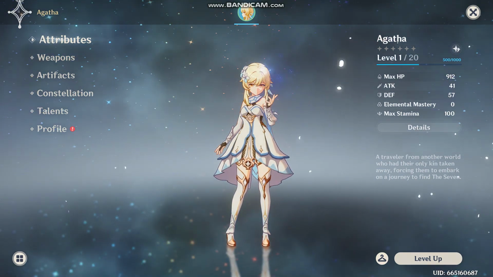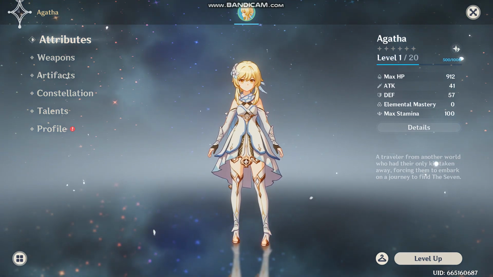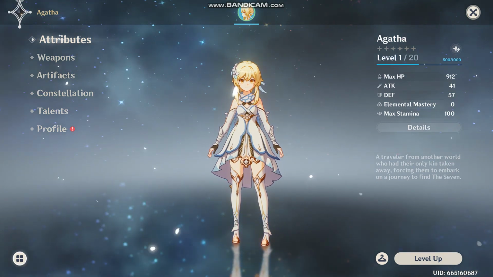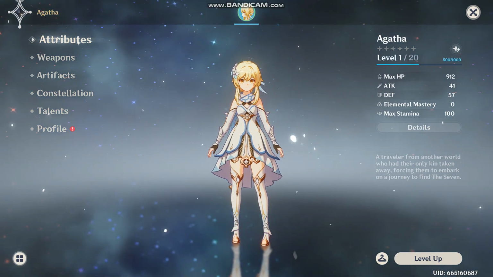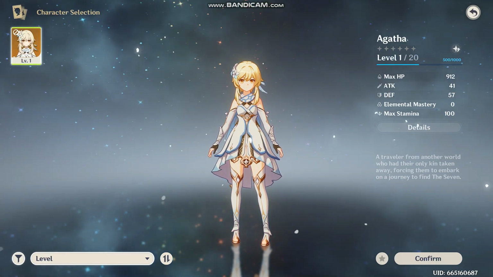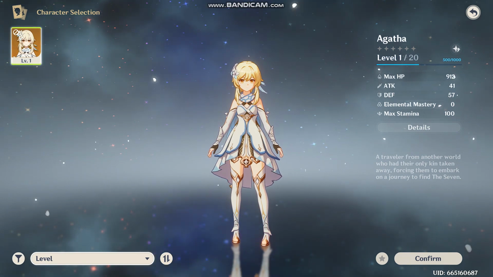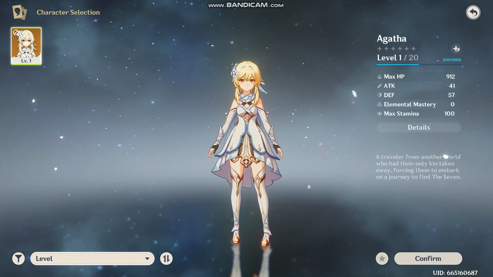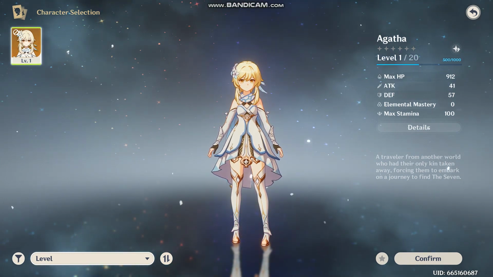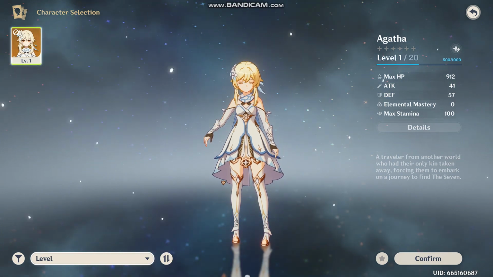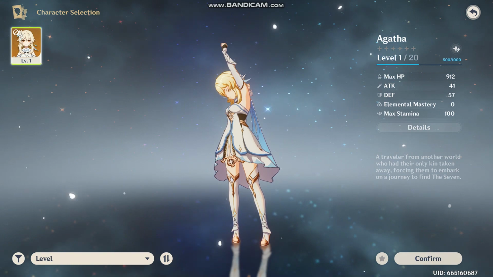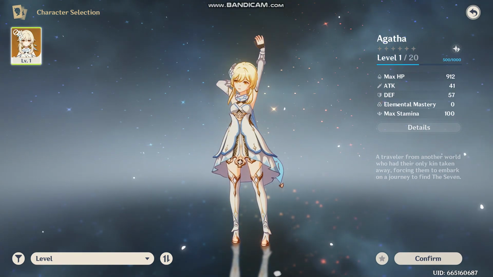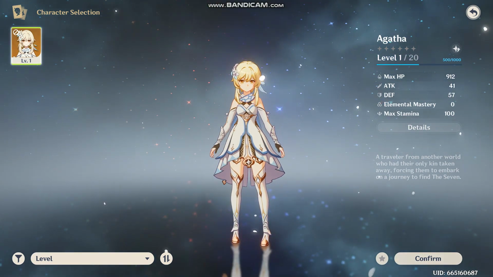Okay, so now just go ahead and click on these four squares at the lower left corner of your screen. Okay, here you have your character selections. So as I said, if you have any character selection or options, you should see it here. And then just go ahead and click on that character and click on confirm here at the bottom right corner